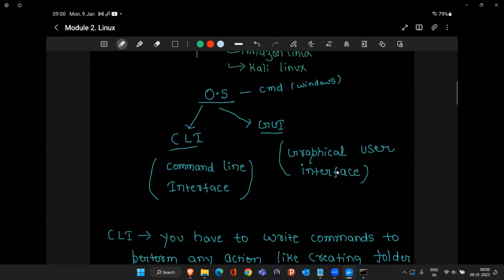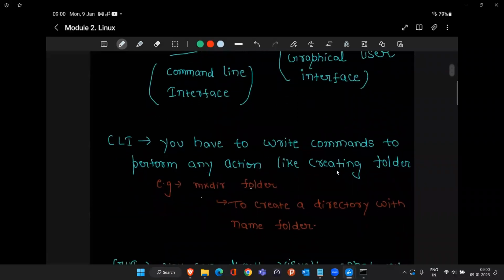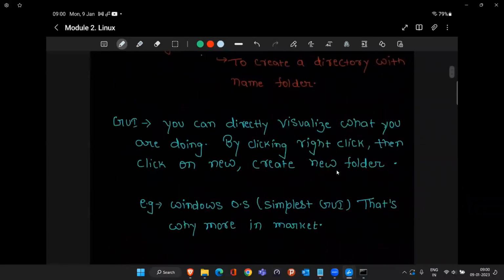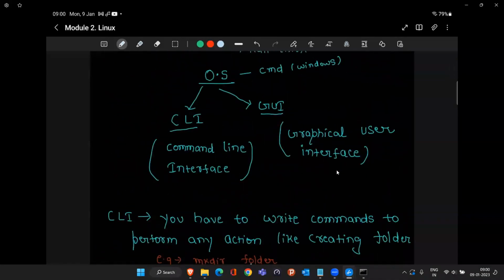Tomorrow we will start to see more about the CLI and GUI, and after that we'll see why a virus cannot attack the Linux system. It can corrupt the entire thing, but in the case of Windows, why do we always see that when some virus comes or a hacker tries to attack your Windows, it attacks easily compared to Linux? And why does Linux not have any antivirus in the market, while for Windows we buy antivirus to protect our laptop? For Linux, we have the firewall concept, where you don't require any antivirus from the outer world to protect your system. We will get to know all these things once you understand the Linux file structure. And once we are done with the Linux file structure, then we'll start to learn the